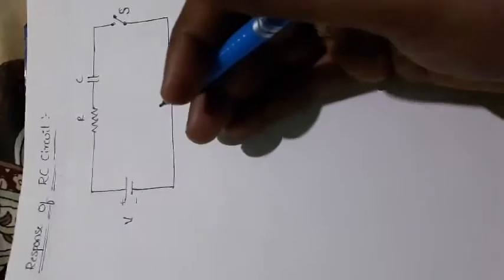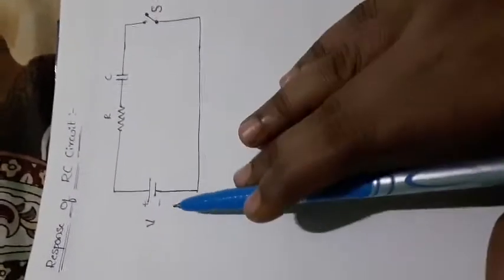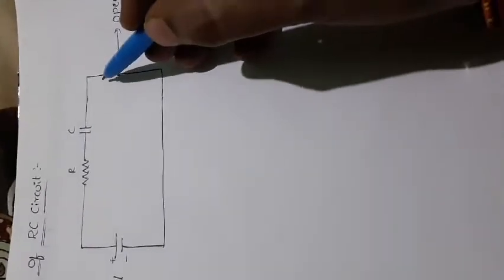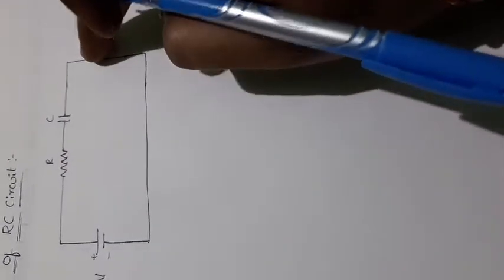After finding the voltage response for this RC circuit, then we'll go for the timing response. First of all, just observe the circuit diagram here. Initially we are applying the voltage source. The switch is at the initial position, and the switch will be closed. That means, without applying the initial voltage, we can directly say that the switch will be closed here.